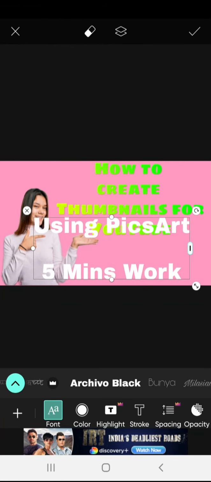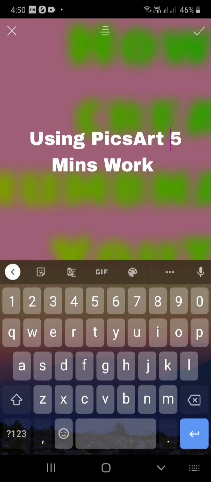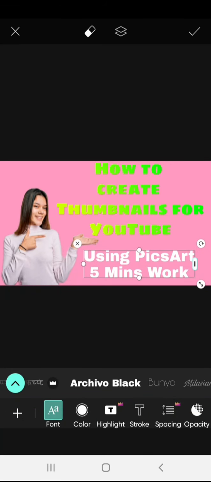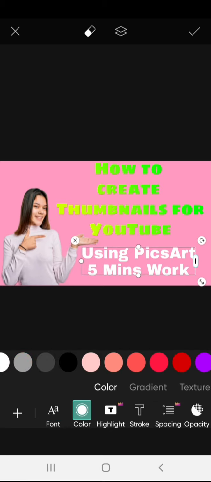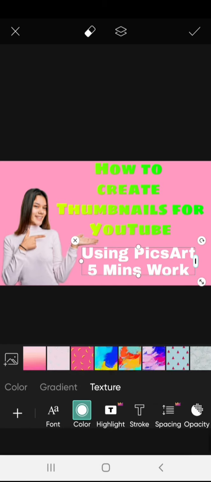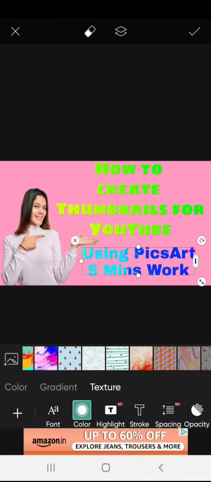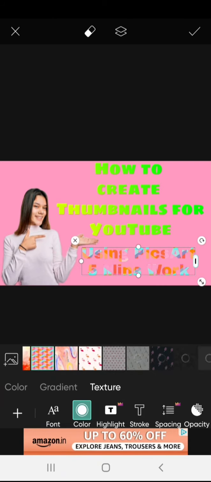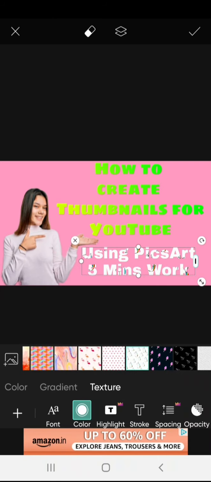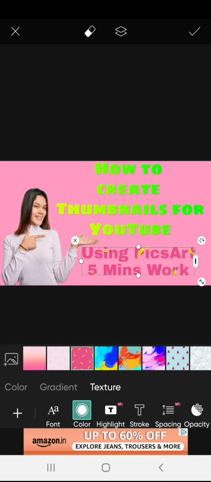Okay, now what you have to do is just keep it till here, so that it's not too much pressure for you, and click on texture. When you do this, it will look like this. Yeah, this is better.